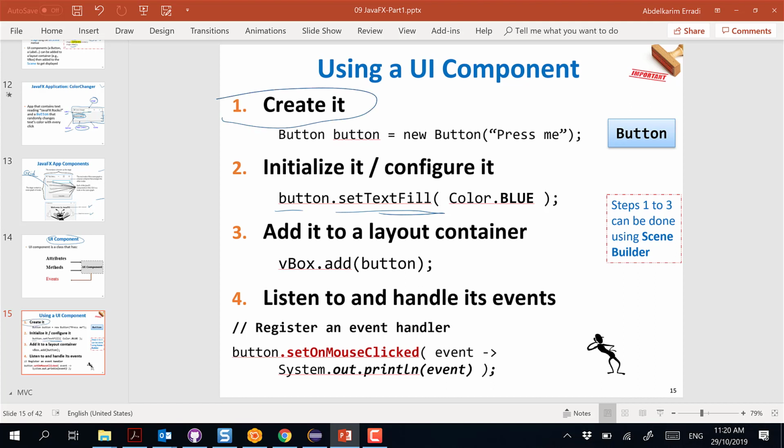This is an example of creating a component. In here, I'm creating a button. There is a little bug here. This is supposed to be saying press me. Yeah, because when I instantiate it,